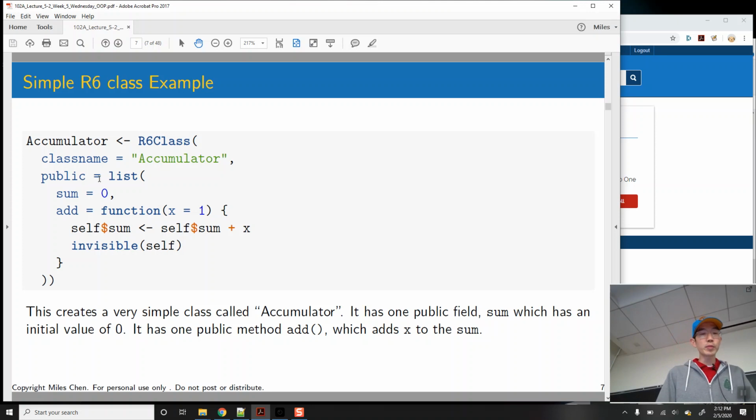And then for public, we have a list. What you provide to public is always going to be a list. Here, this list has two objects in it. There is sum, which is going to be a field, and it takes on the value 0. And then add, which is a function, and so this will be the method. So this very simple R6 class has one field, sum, and one method, add. And note what is written in add. Add is a function with a default value of x equal to 1, and